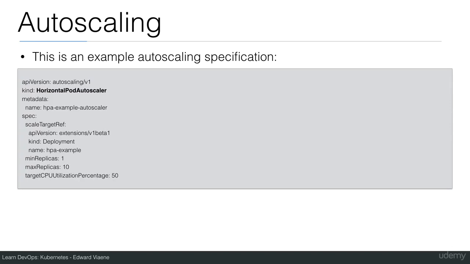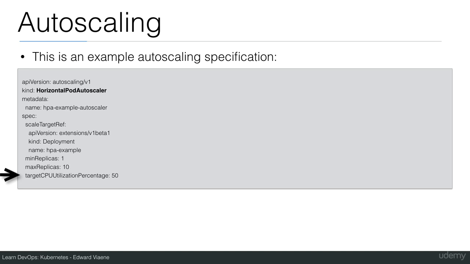So this example is an autoscaling specification. This object is of kind horizontal pod autoscaler. It has a name, also a specification, and here we're going to say that we are going to use a deployment that needs to scale. The minimum of the replicas is going to be 1 and the max replicas is 10, and the target CPU